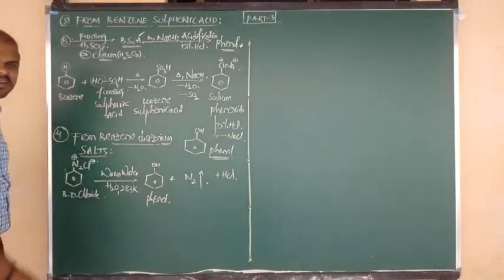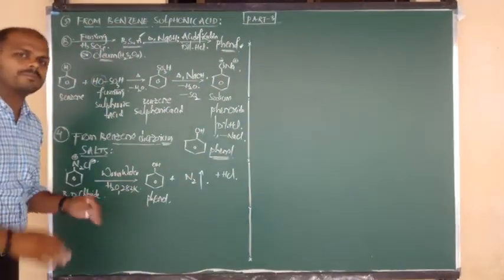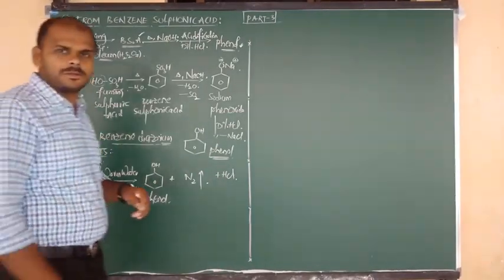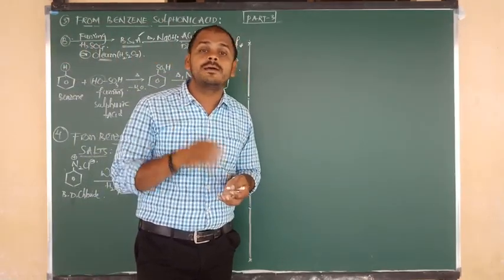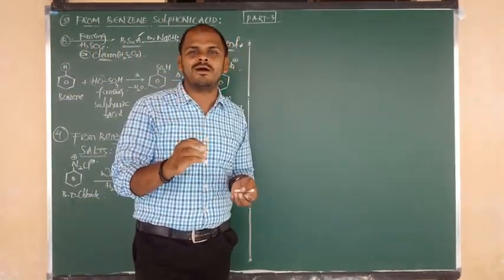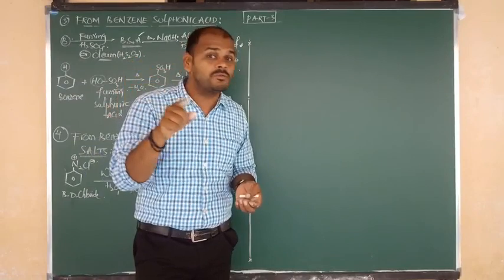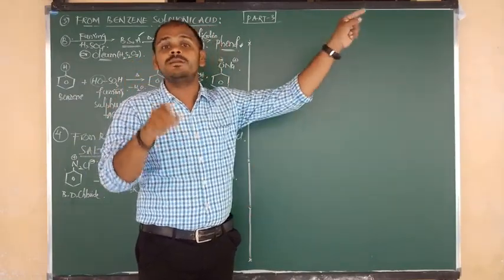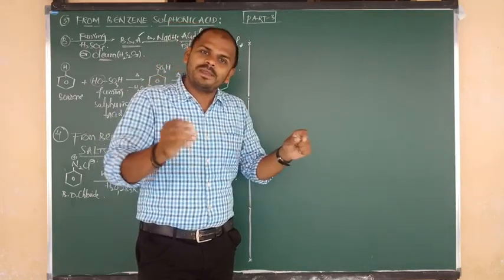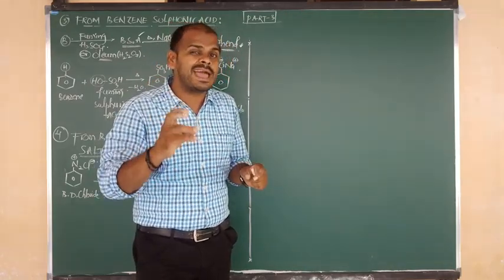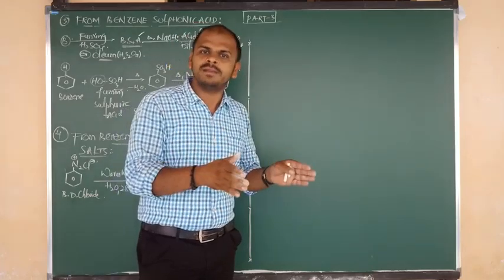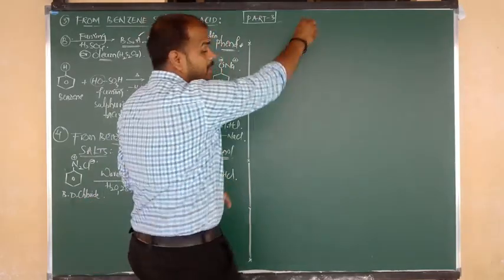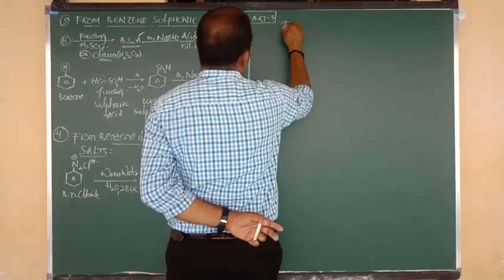Sir, how to prepare BDS? We have prepared phenol, but we want to know how to prepare benzene diazonium salt. Benzene diazonium salts are prepared by the method called diazotization. Which method? Diazotization. It is also a theory question. It will come in the last organic chapter, so we will discuss it here once. Sir, what is meant by diazotization? It is a method which is used for the preparation of BDS. Okay, I will discuss diazotization.